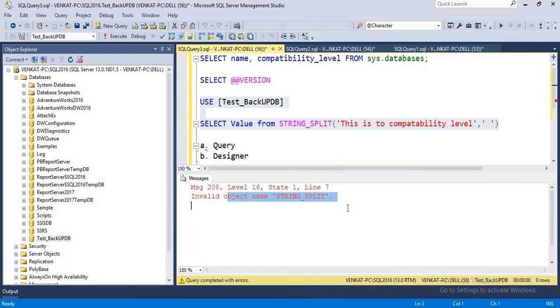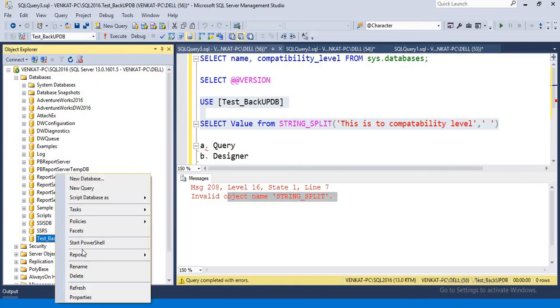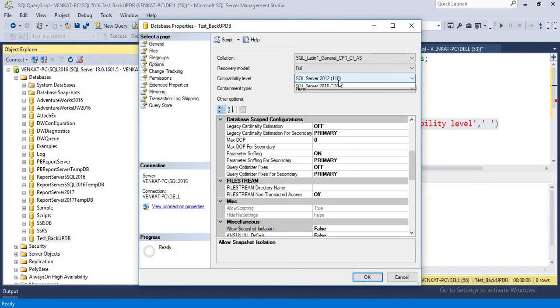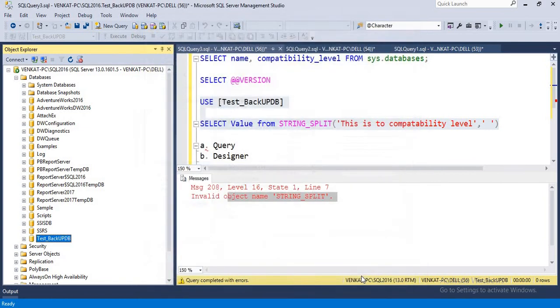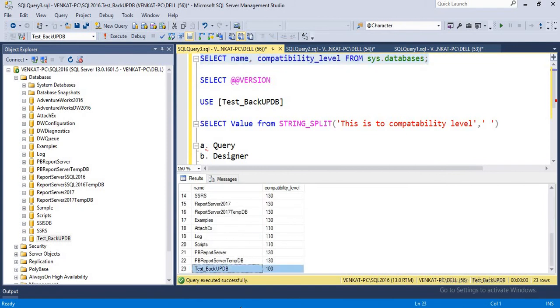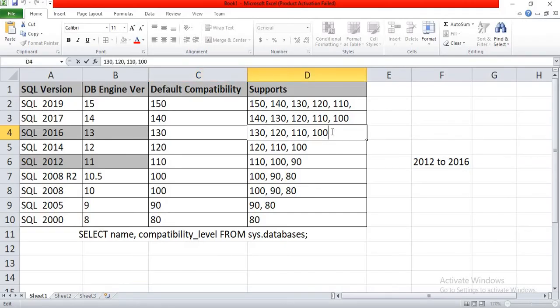So this is how we change the compatibility levels from highest version to least version and back to highest. Let me change back one more level. Properties, Options here, and change this to 100. Okay, it will go. There is no hard and fast rule to say no, but it's up to you. If there are any objects using 2012, 2014 or 2016 features, those objects may not work since you are in 2008 level. Let me quickly check the compatibility level of the test DB now. Yes, it is 100. So when you are in 2016, you can go only till 100. You cannot go further backwards.